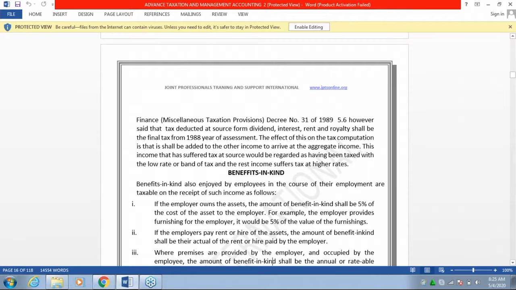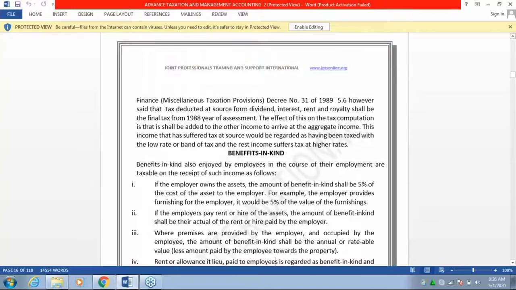So it will be 5% of the value of the furnishing that has to be deducted from the salaries. At the same time, if the employers pay rent or hire of the asset, the amount of the benefit in kind shall be the actual rent or hire paid by the employers. And likewise,